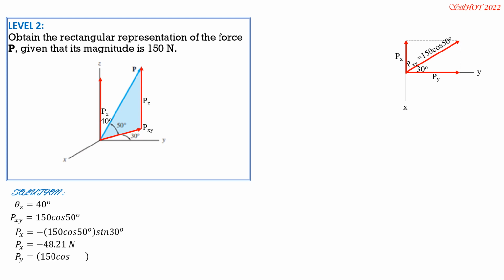So 150 cosine 50 degrees times cosine of 30 degrees. So P sub y is equal to 83.5 newtons. Lastly, P sub z is either 150 cosine 40 or 150 sine 50